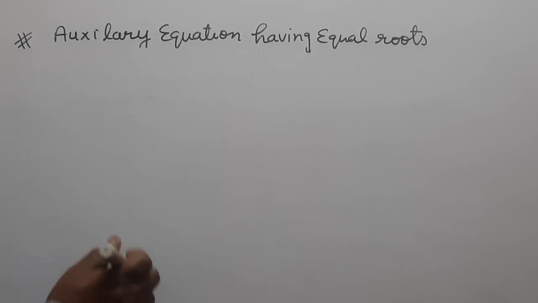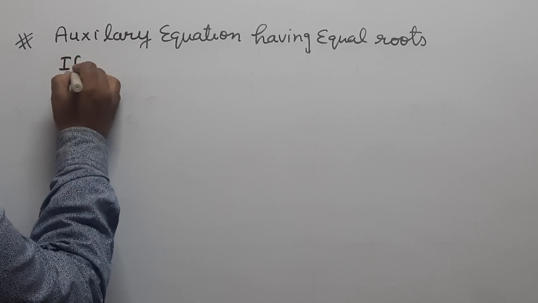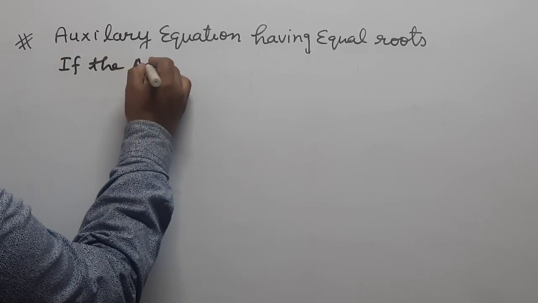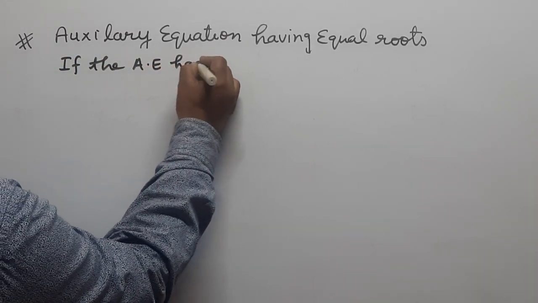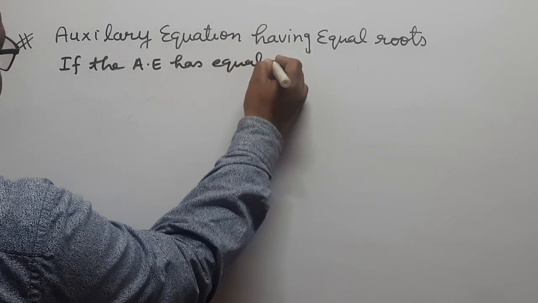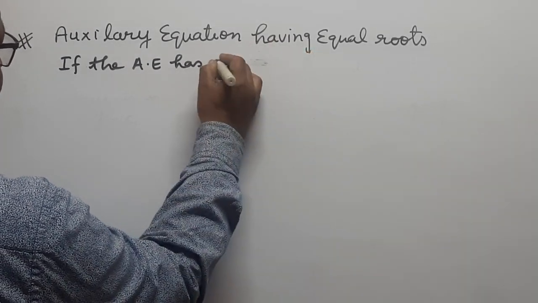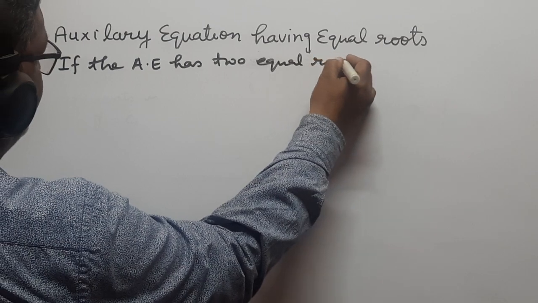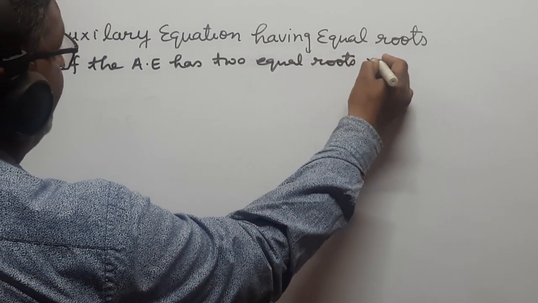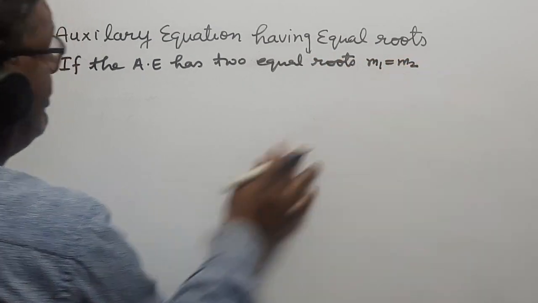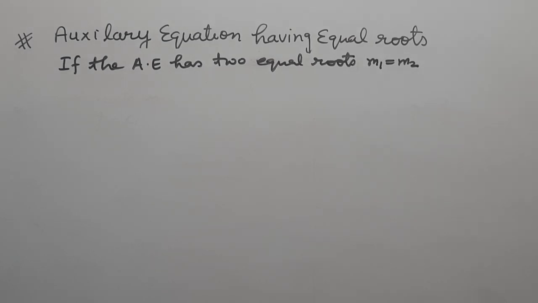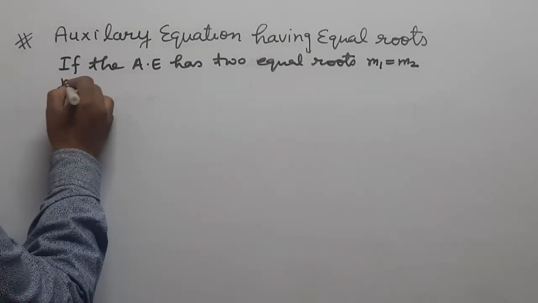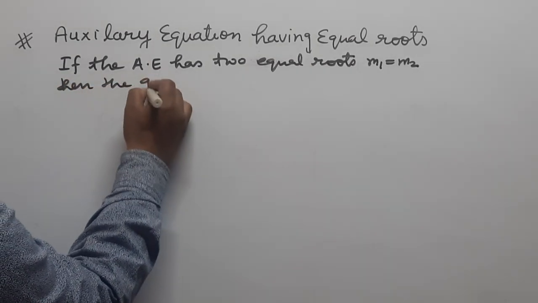If the auxiliary equation has two equal roots, m1 is equal to m2, then the general solution